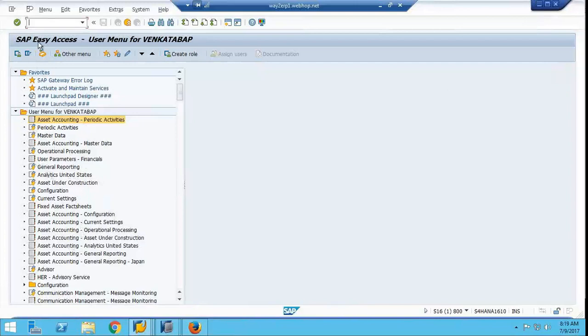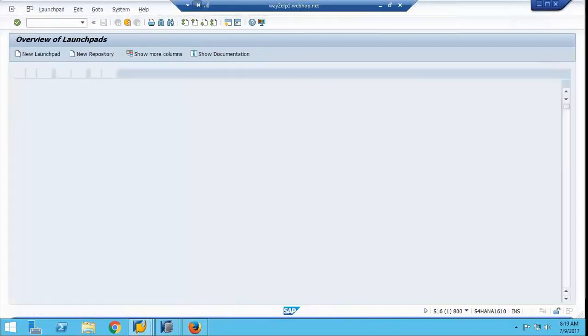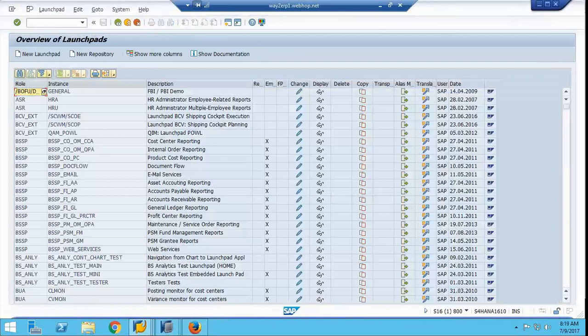There is a transaction called LPD underscore cust. Here, if you see here,